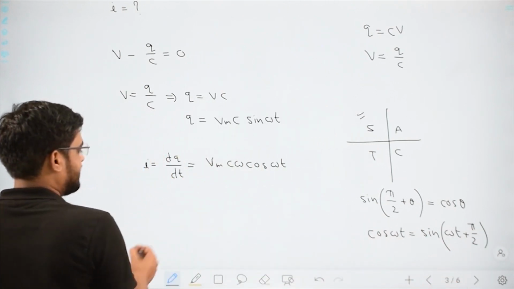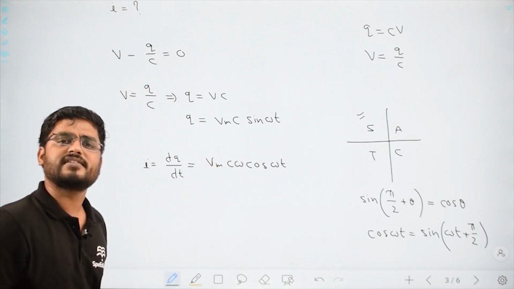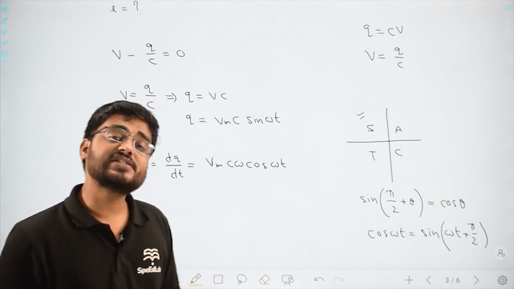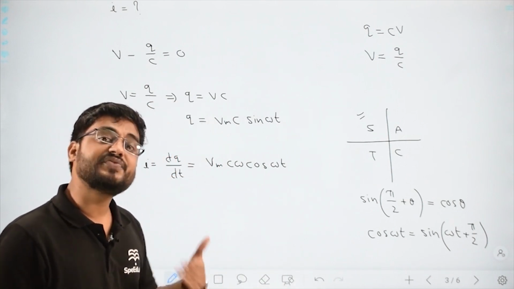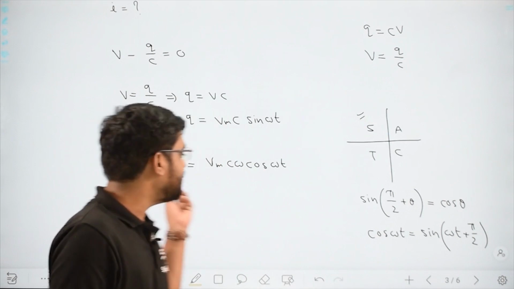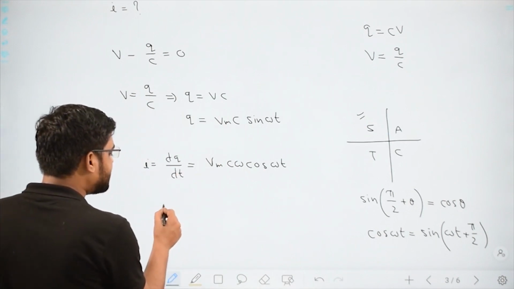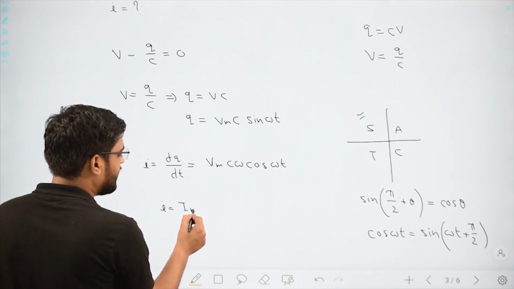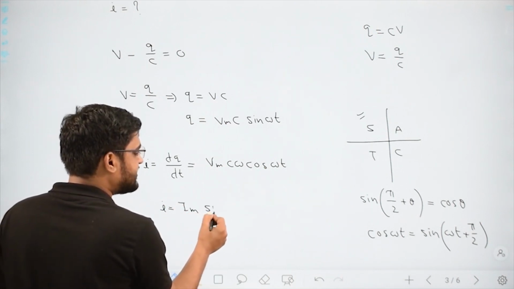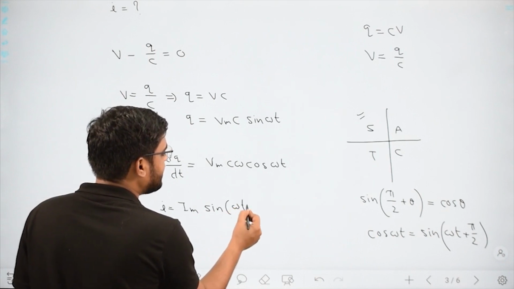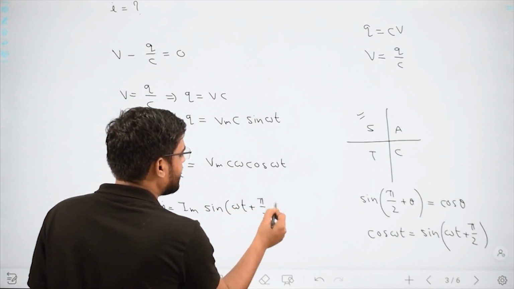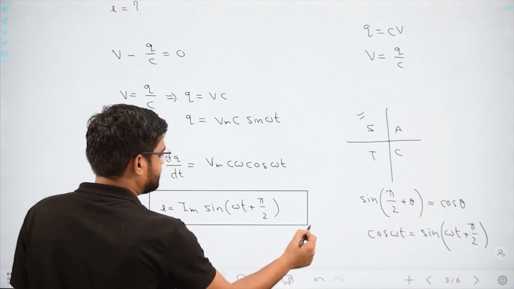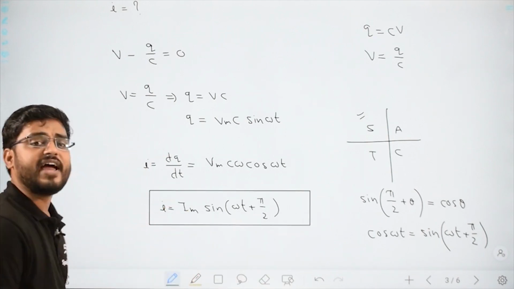Now just replace, and this thing should be Vm by something. Remember, in the first case, resistance, it was Vm by R. In the second case, in case of an inductor, it was Vm by XL. Right? Now it should be Vm by something. So I am purposefully saying that this entire thing is my Im, and cos omega t is nothing but sine omega t plus pi by 2. So this is my expression for the current.